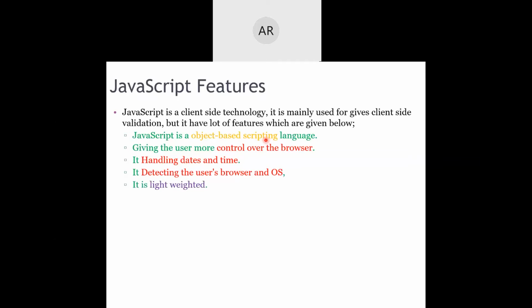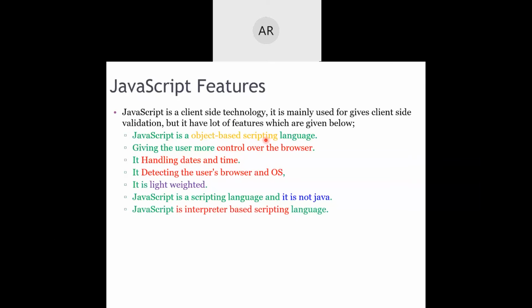Next, it is lightweight, which we have discussed earlier. Most important, and one of the confusions for many learners, is that as soon as they come across the word Java, they say that JavaScript is a Java language. No, JavaScript is a scripting language. It's completely different from the Java language, though the syntax of both languages is almost the same. Believe me, while learning JavaScript, you will feel you are learning it as easily as your C language.